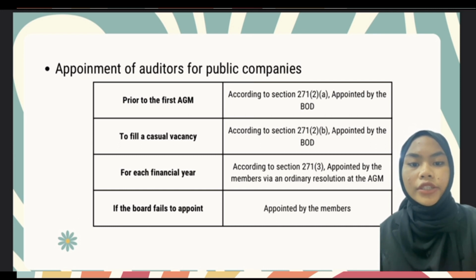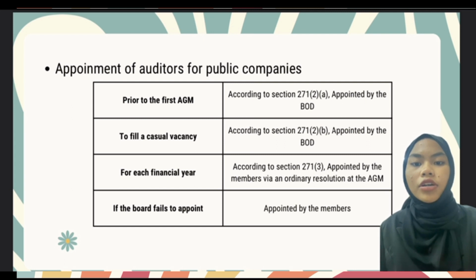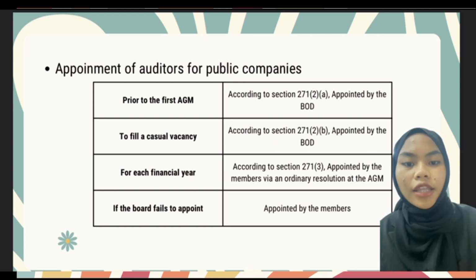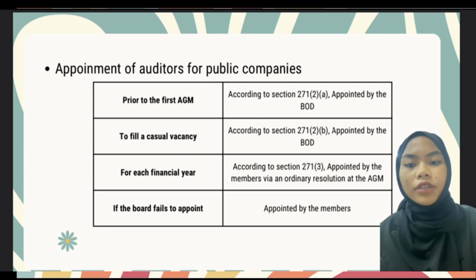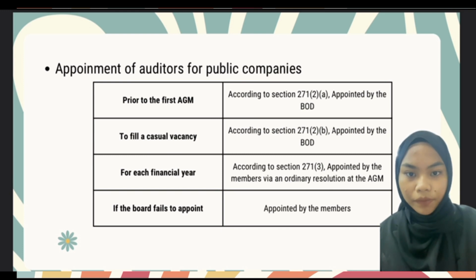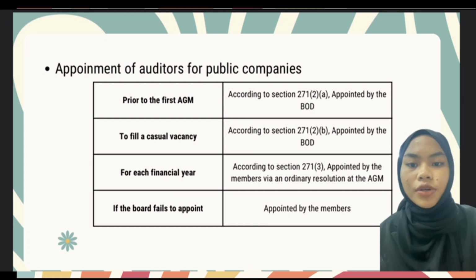For each financial year, according to section 271 subsection 3, any auditor appointed under subsection 2 shall hold office until the conclusion of subsection A, the first annual general meeting for the appointment under subsection 2 subsection A, or subsection B, the next annual general meeting for the appointment under subsection 2 subsection B. And if the board fails to appoint, it will be done by the members.